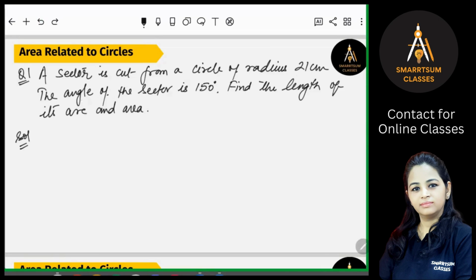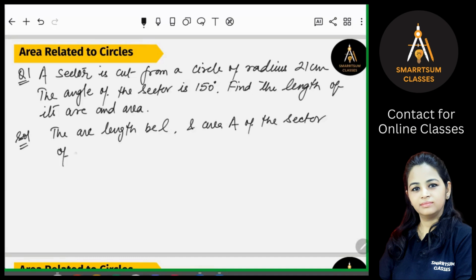So what is given here? Theta is given and the radius is given. Is it clear? Okay. So arc length is suppose L, and area A of the sector. And what is the angle of the sector? Of angle, that is theta,